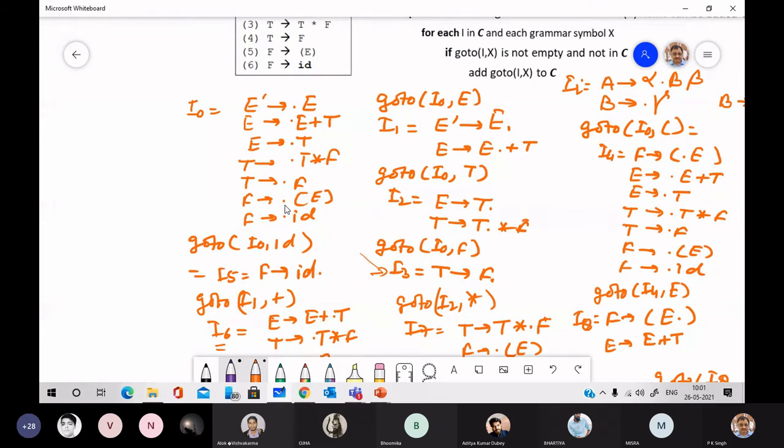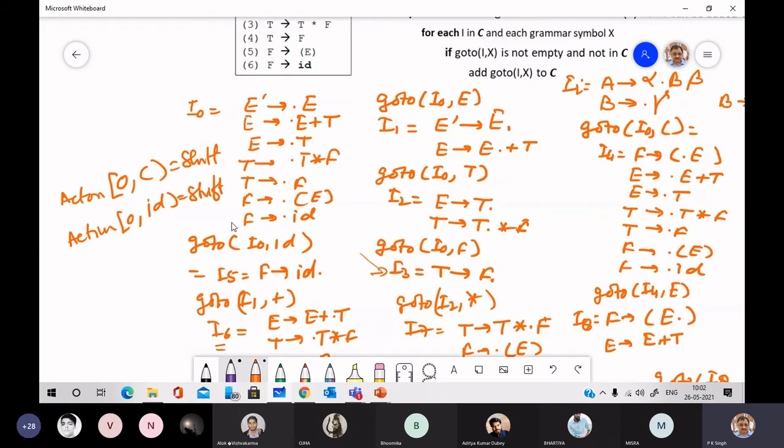Action of I0, state 0 and symbol ID, is shift.